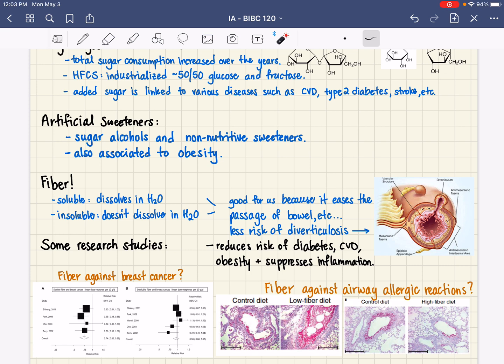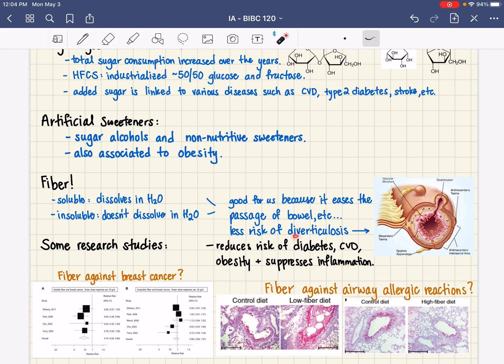And it does so by being a source of nutrition for the microbiome in our gut. The microbiome needs this fiber so that they can also feed on something and produce side products that are going to be useful to us. You can think of it as a symbiotic relationship between us and our microbiome. We give them a home, and if we eat fiber and good foods, then they also have food, and they are able to produce molecules that are actually useful for us and suppress inflammation in our colon.